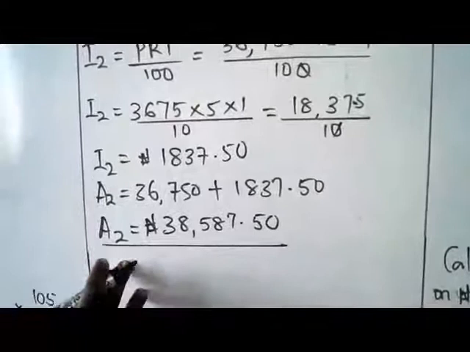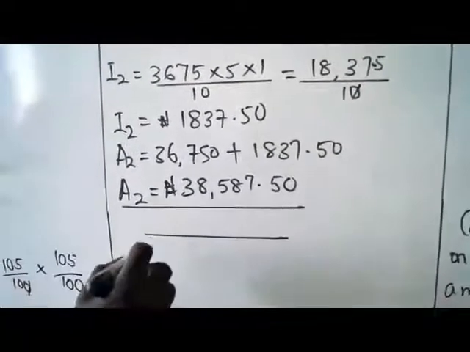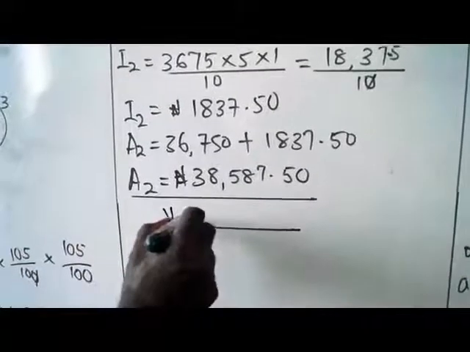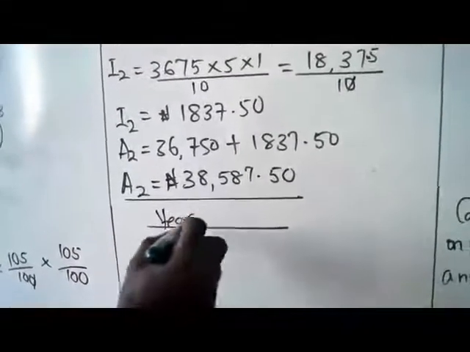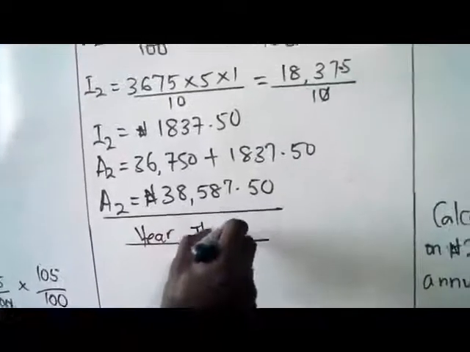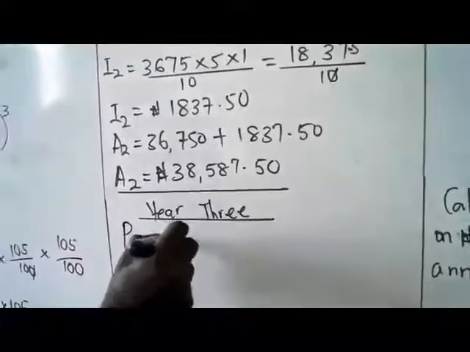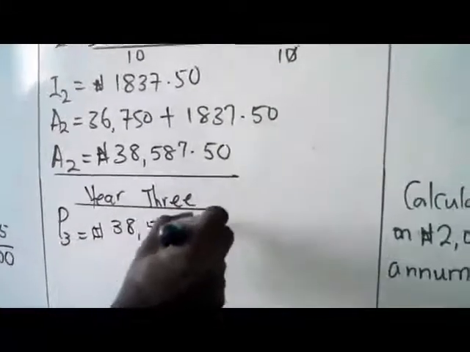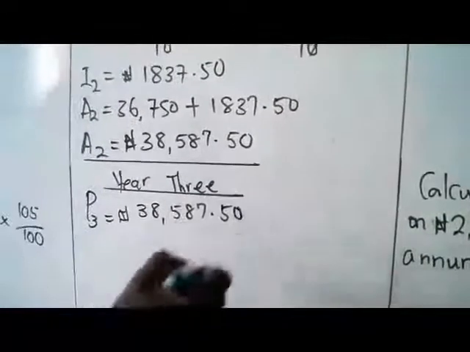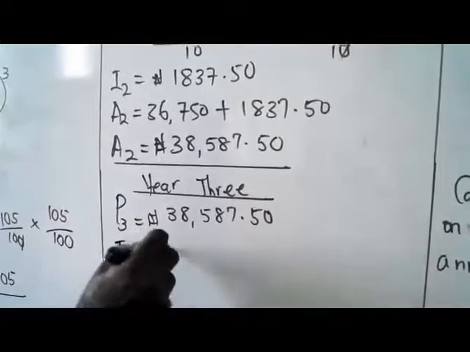So this amount at the end of year 2 automatically becomes the principal at the beginning of year 3. So now we are in the final year, because the time we're given is 3 years. So year 3 principal, I'll call that P3, will become 38,587 naira 50 kobo. So we go back, same step, interest at the year 3, still the same formula,